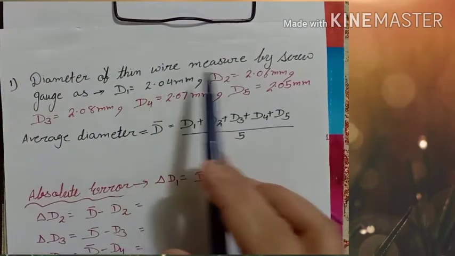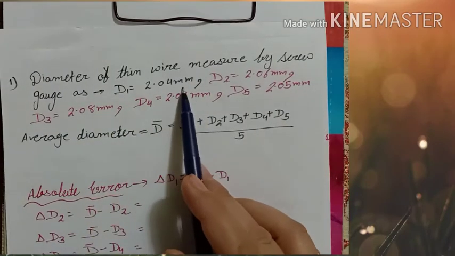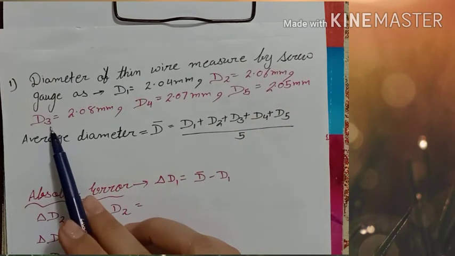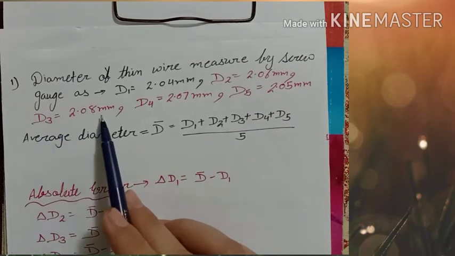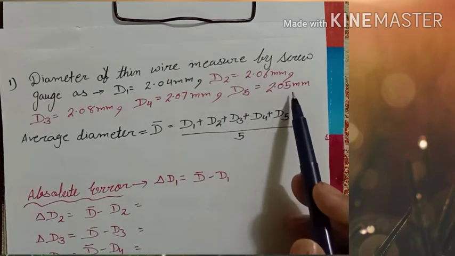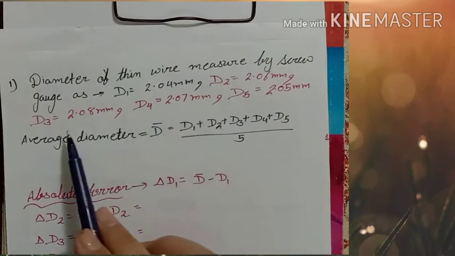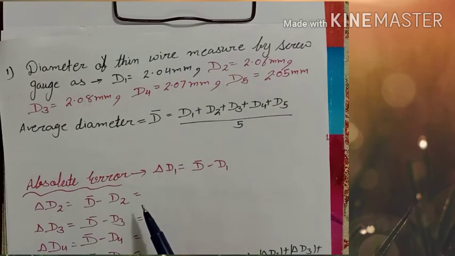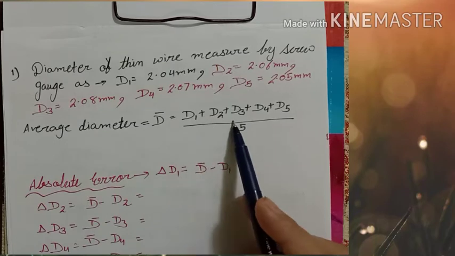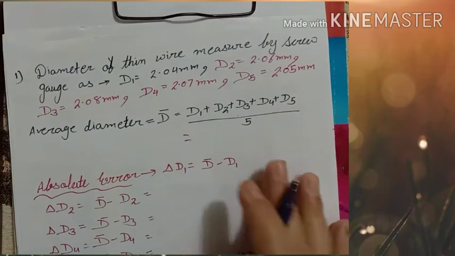Diameter of a thin wire measured by the screw gauge is d1 equal to 2.04 mm, d2 is 2.06 mm, d3 is 2.08 mm, d4 is 2.07 mm, d5 is 2.05 mm. It means we have 5 physical quantities d1, d2, d3, d4, d5. So first we find the mean of this diameter, and this will be given by d1 plus d2 plus d3 plus d4 plus d5 divided by 5. So we can write